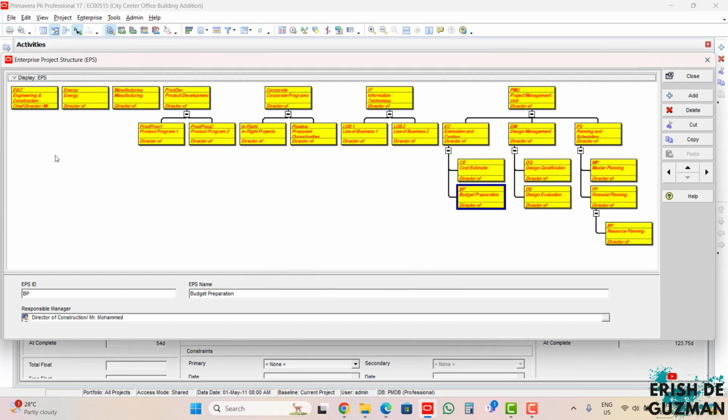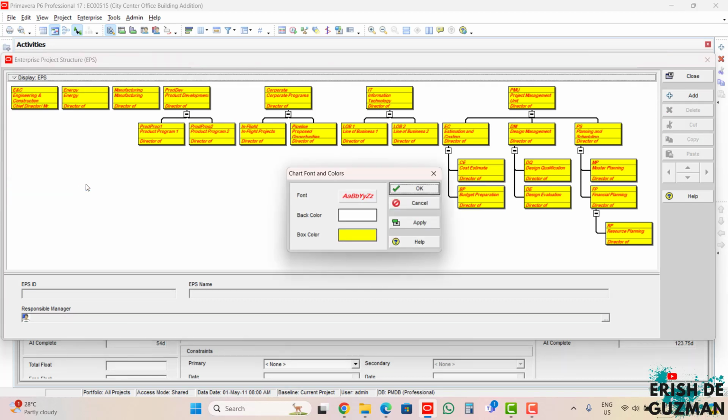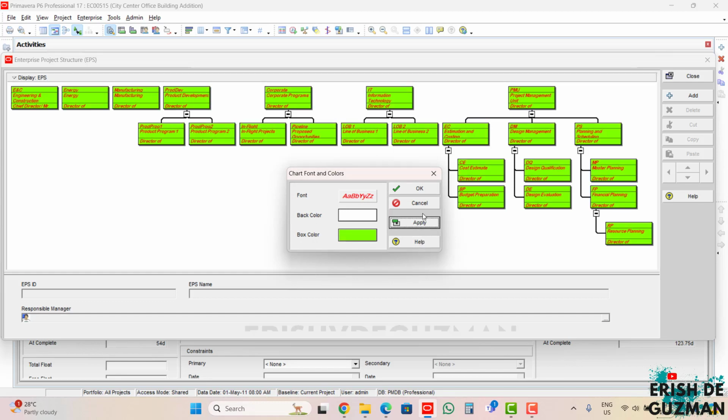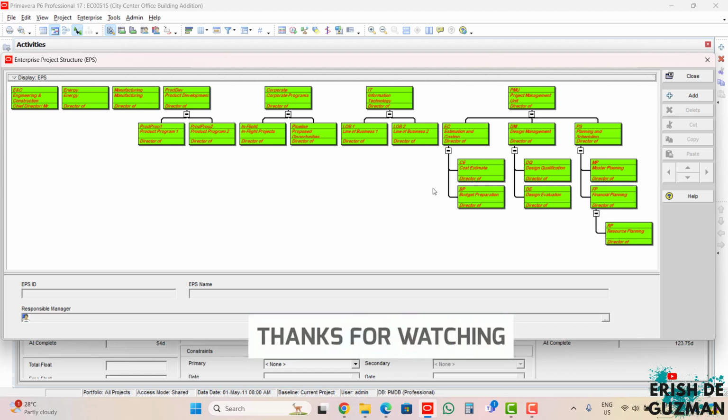And if you want to change the color of the boxes here, go back again to chart font and colors, and change the box color. If you want to make it, let's say, green, click OK, apply, and there you go. So this is just for visual purposes. If you want to change it to other colors,